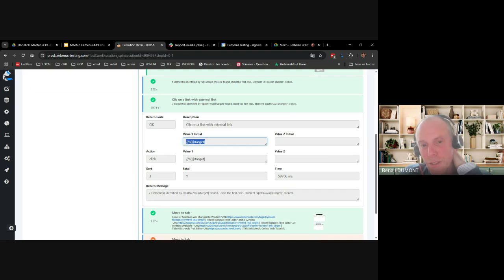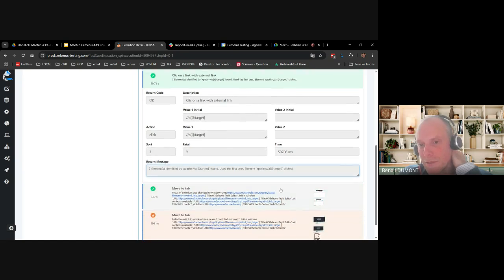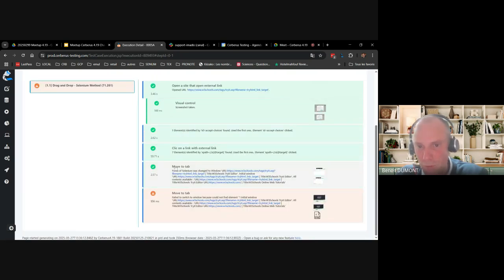On that page, 7 elements have been found with that XPath. So basically what Cerberus reports is that it found 7 and it clicked on the first one. That could give a clue on whether that is the correct behavior I wanted, because probably I wanted to click on the second or the third. Here it's the first one that has been clicked.